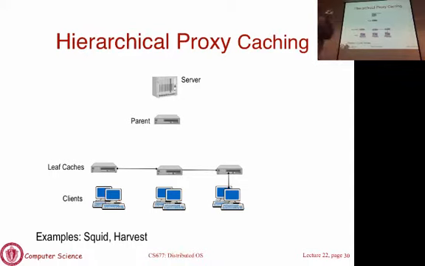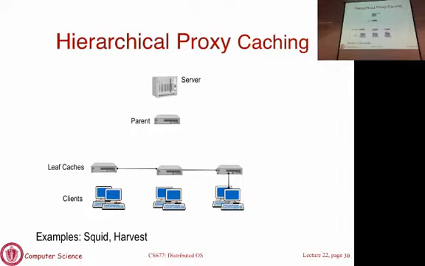The problem with this approach is what is called a global miss. Nobody has it. Your request is slowly trickling up the hierarchy. Everyone is asking their peers, they are saying no, and this sends it up one level higher. By the time the page comes back, a long period of time has passed, relatively long from the user's perspective. You're sitting at the browser and the page is not loading, because there are all these proxies simply asking one another, do you have it, and then it goes to the server. So global misses are very slow. Local hits are fast, and remote hits are also fast.